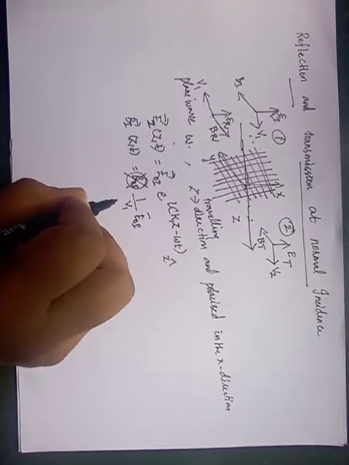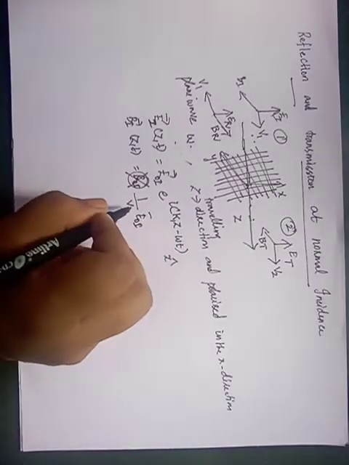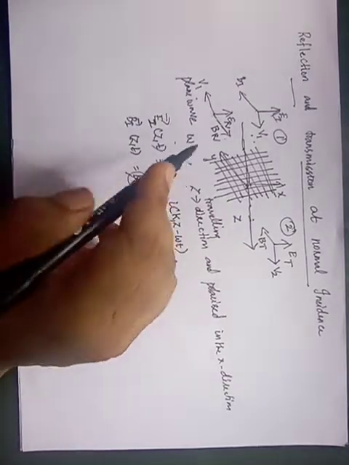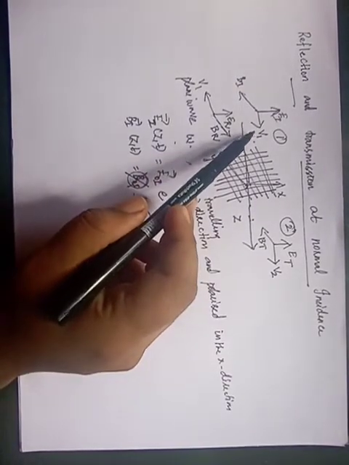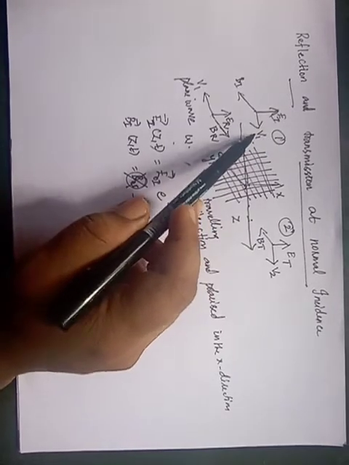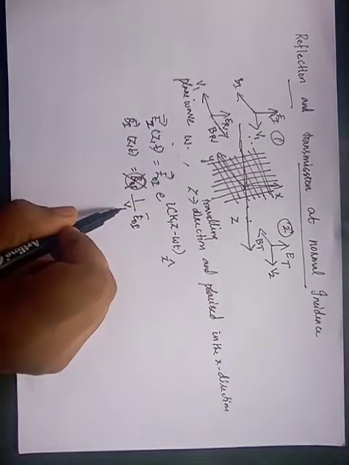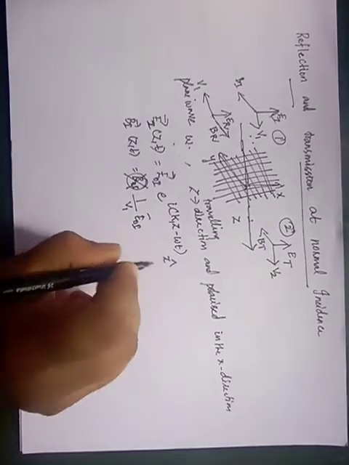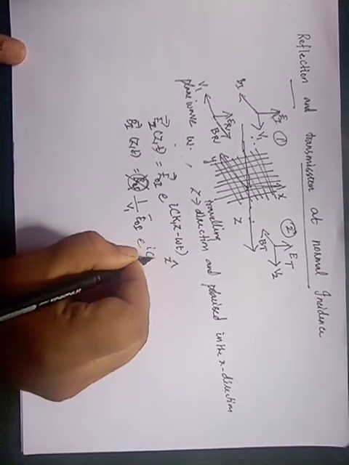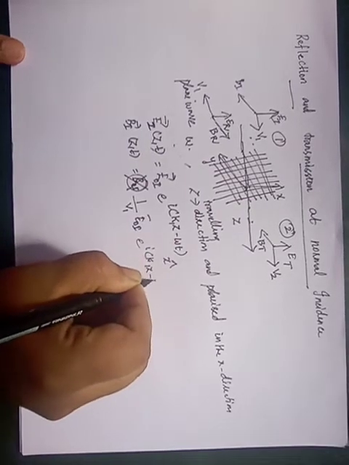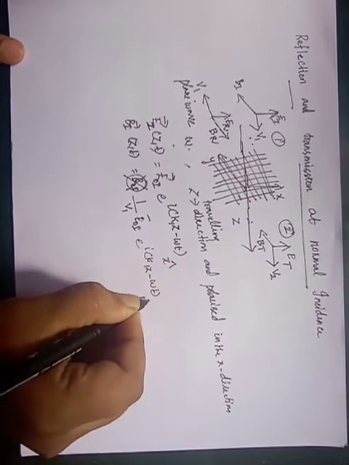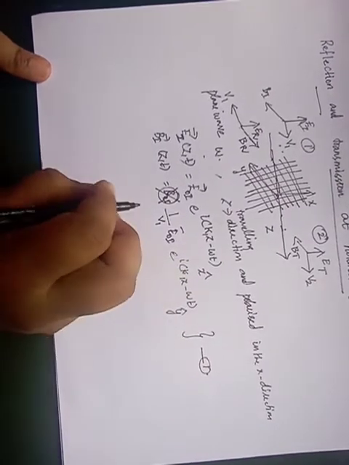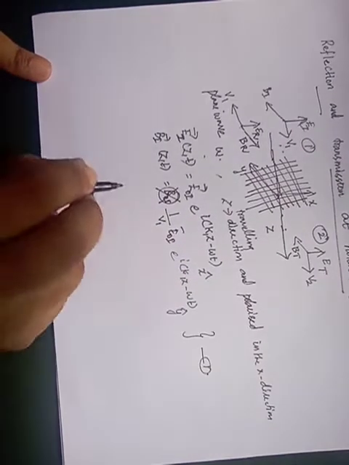Here c refers to the speed of light, and v1 is the velocity in medium 1. So instead of c we have written v1: 1 by v1 into E naught I into e power i k1z minus omega t into y cap. This is equation number 1. It gives rise to a reflected wave which travels back to the left in medium